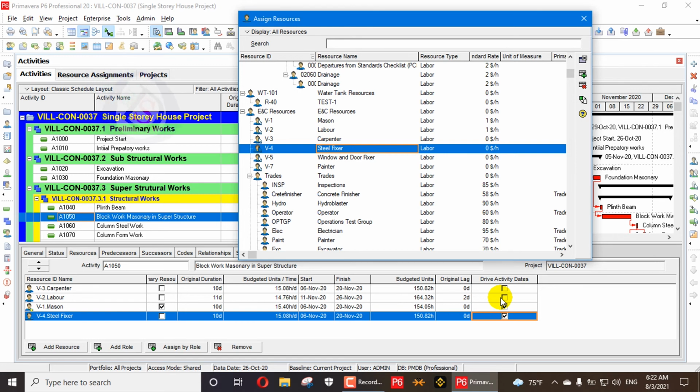So this is today's content: drive activity dates by default, and how driving activities depend on your activities and resources, and what the relationship is between drive activity dates, resources and your activities. Also, I have told you about resource assignment and how it is managed by driving activity dates.